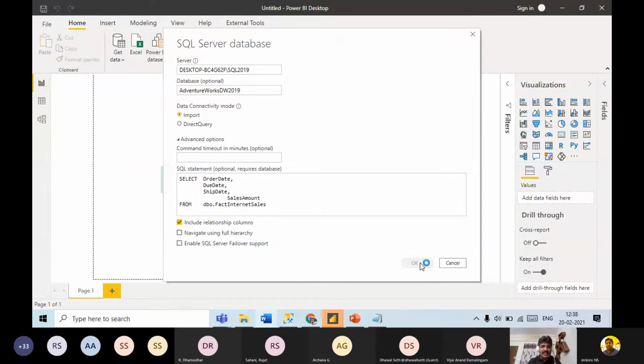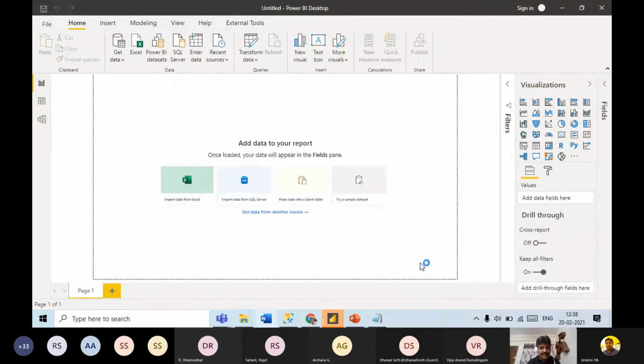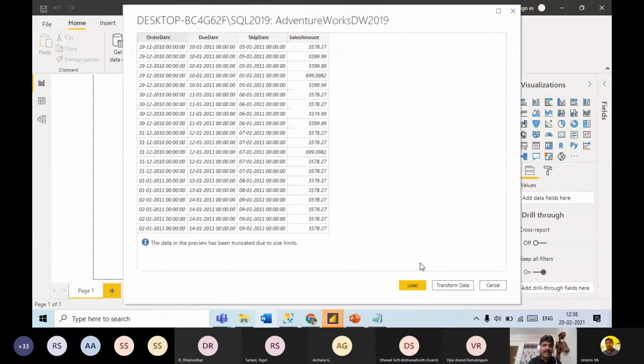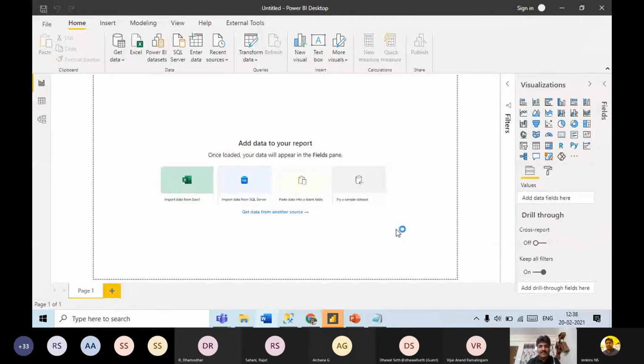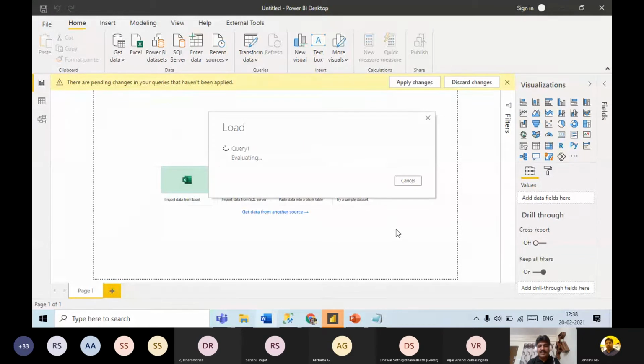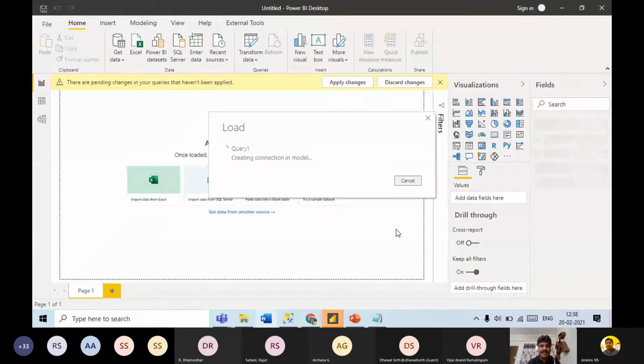So I'm importing the data from SQL and dumping it into my Power BI file. It is importing this data. Let me load. It is copying the data from SQL Server to my Power BI file, the PBIX file.